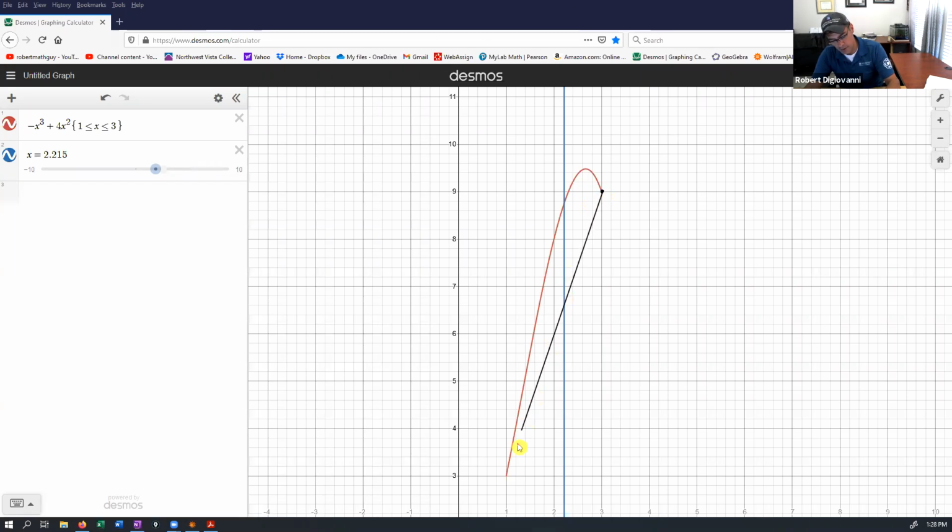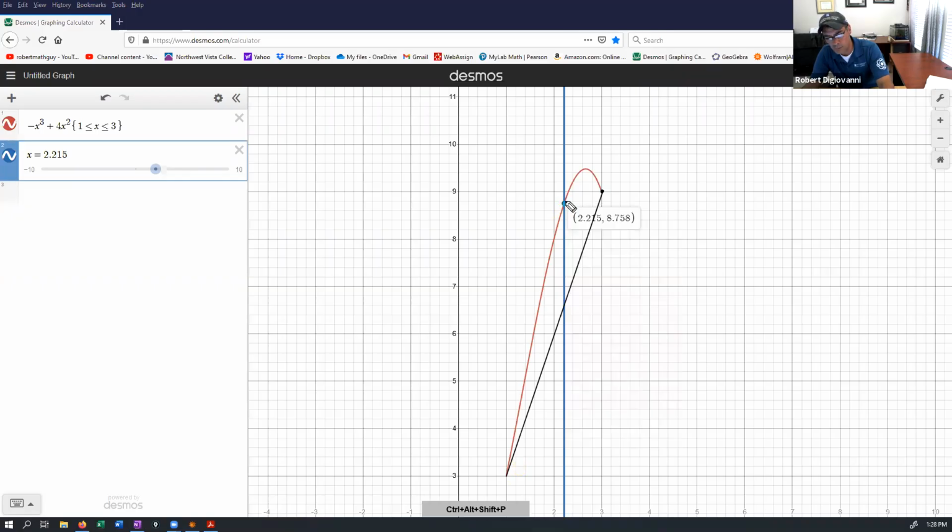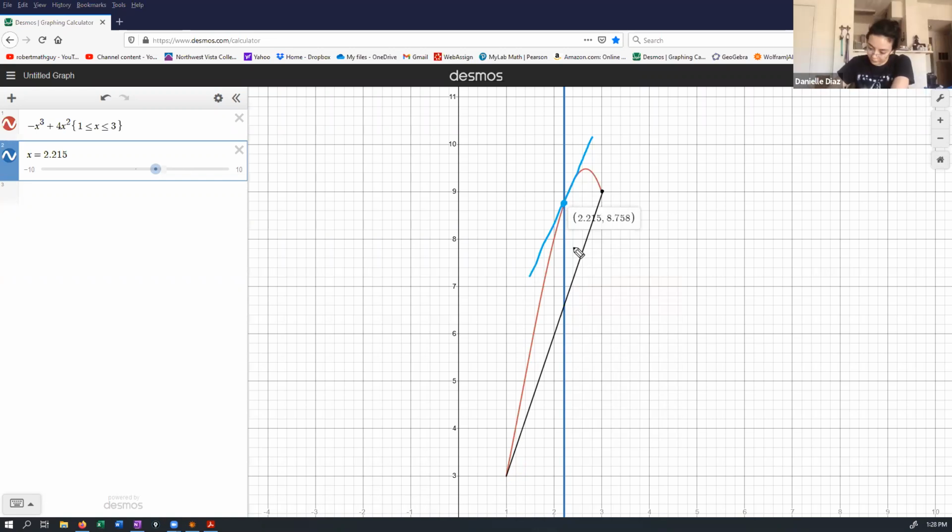So if I connect those with the straight line, what we're saying is that if we were to go to the point right here on the graph, and get the slope of the tangent line there, it would be parallel to this one. And actually the slope would be 3. We know that because remember, that's what the slope of the black line was. It was 3. Okay, that makes sense?